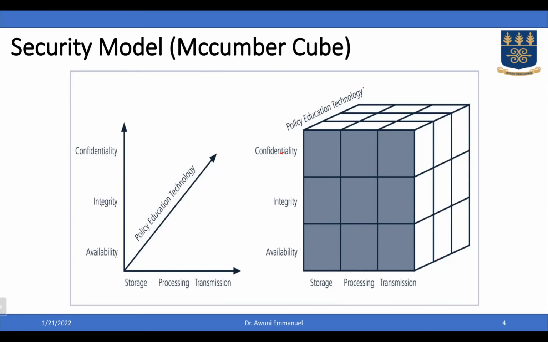So for D, we have integrity, policy, and transmission. What it means is that if I'm sending data, let's say a key-in of 5,000 that is supposed to go into a database, in transmission the 5,000 going into the database can be compromised. In transmission, maybe it is being intercepted, and whoever intercepts could make an alteration or modification in the amount. It could even increase the amount. If the amount is increased, it means the data has an integrity problem.